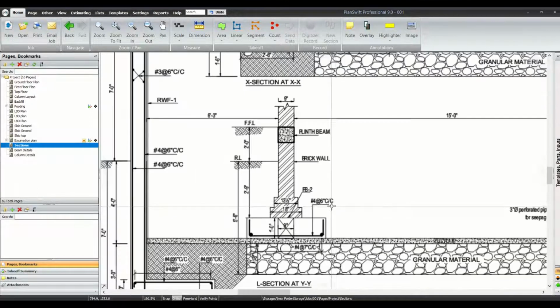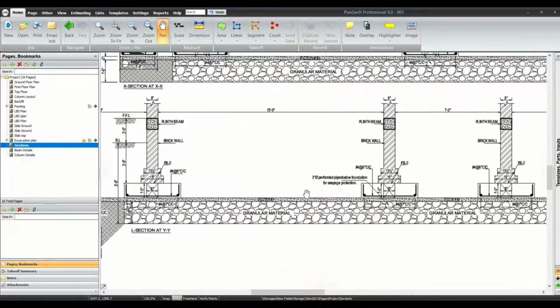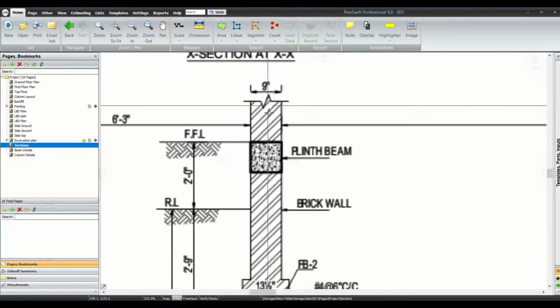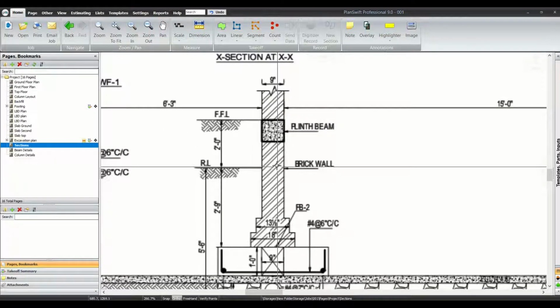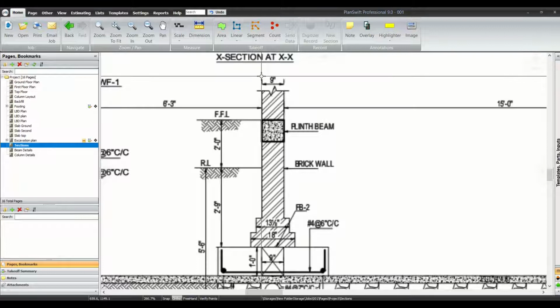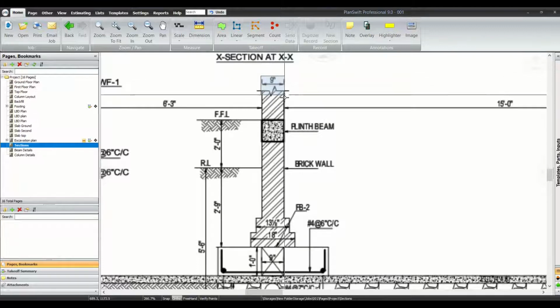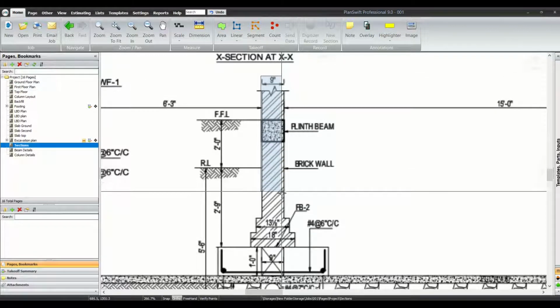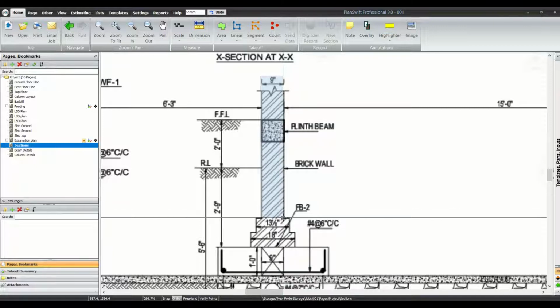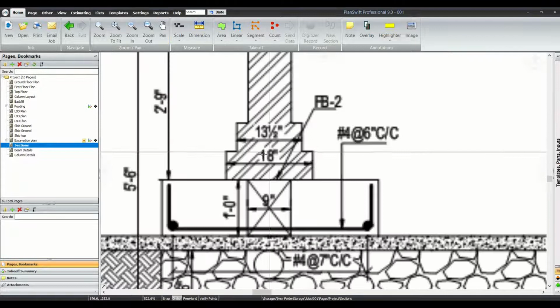It's already mentioned here that all the walls are brick masonry walls, and we are going to have a 9 inch thick masonry wall above the plinth beams and the last course below the plinth beam. So I need to calculate all these quantities.